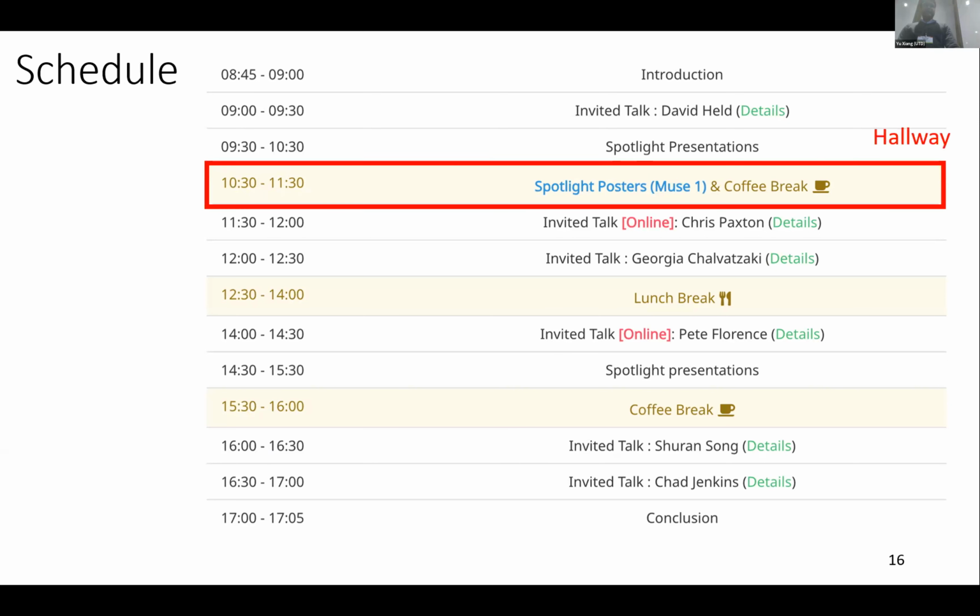With that, I also want to highlight that the posters were initially scheduled to be in Muse 1, but they are going to be in the hallway now. So just so you know, it's not going to be in Muse 1, it's going to be in the hallway. With that, I'll have Chung-Yun